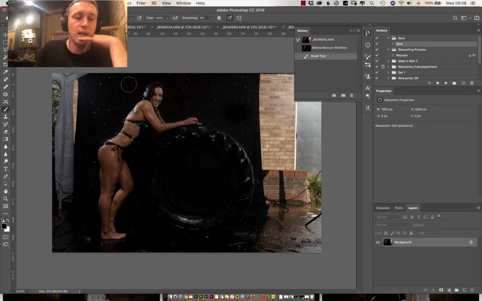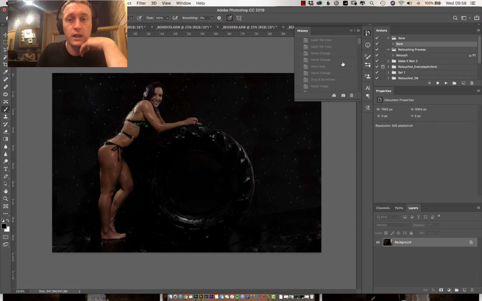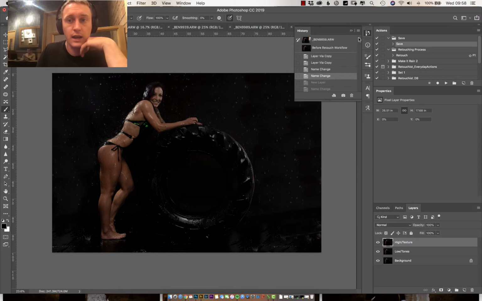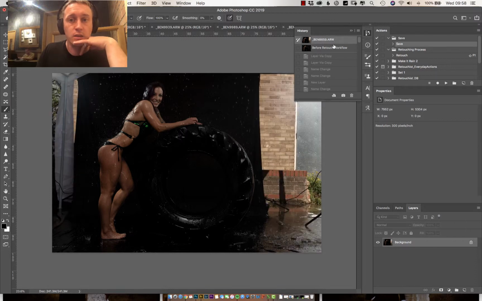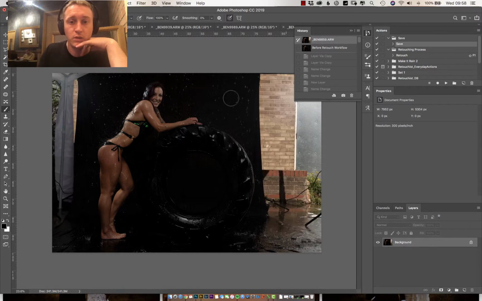But when I edit these, with the background being like this, I need to get rid of all of this lot and make it look a lot better than it did. So I've then gone through here, before I start retouching it, and I've just gone through, copied and duplicated all these areas out, so it's removed all of those backdrops, and all I've done is clone from this